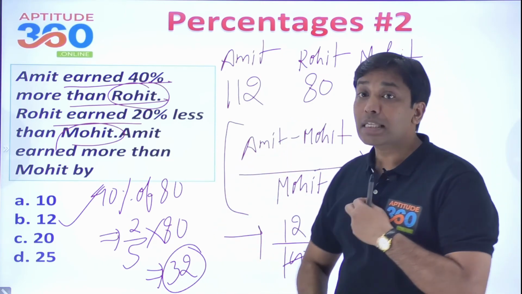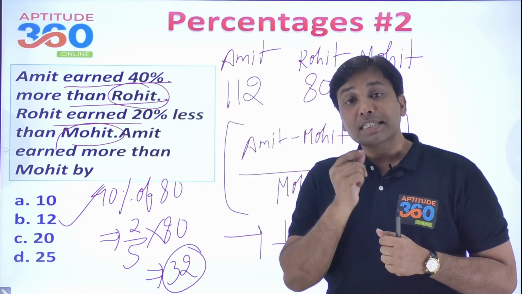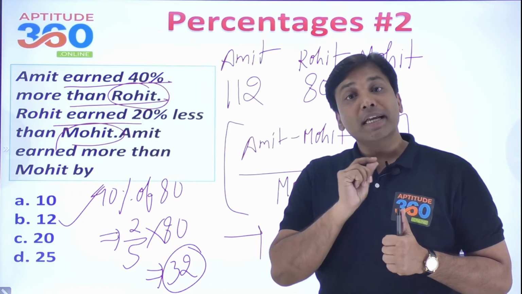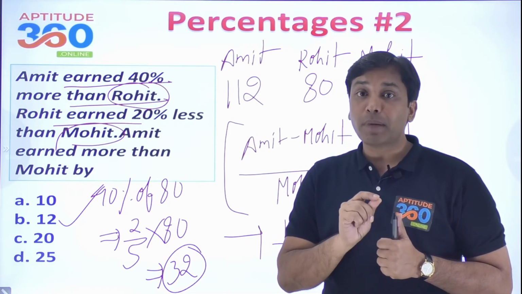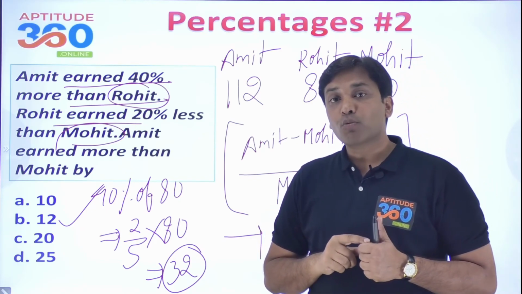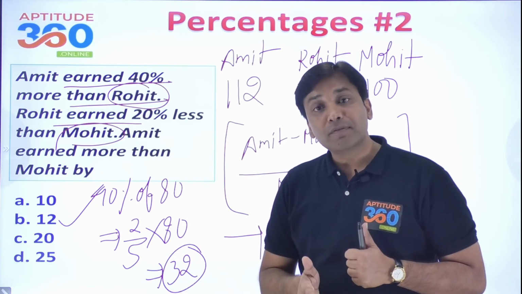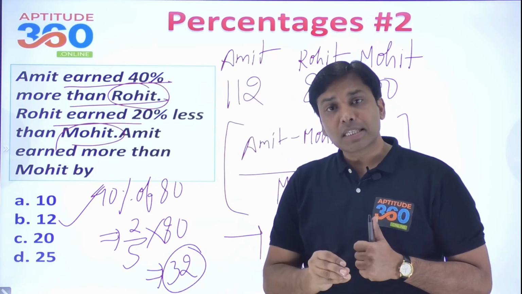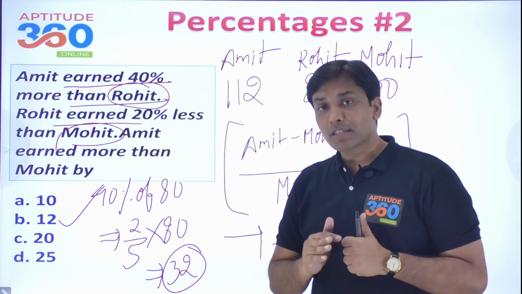All that I'm saying is you have to shrewdly decide which value should be taken as 100. सारा का सारा comparison जहां से शुरू होगा, that value should be taken as 100 and the entire problem will be simplified. 10 सेकंड में, 20 सेकंड में, 25 सेकंड में सारा कैलकुलेशन करके आप निकाल सकते हो. डज दिस मेक सेंस टू यू?